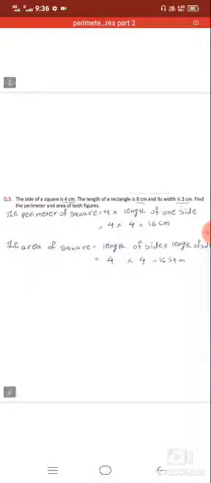Now the cost of 1 square meter is given, that is 900 rupees. So we want the total cost. The total area of that figure is 500. So 500 multiplied by 900, the answer is 4,50,000. So the cost of the plot of land is 4,50,000 rupees. Now see another question, question number 3.